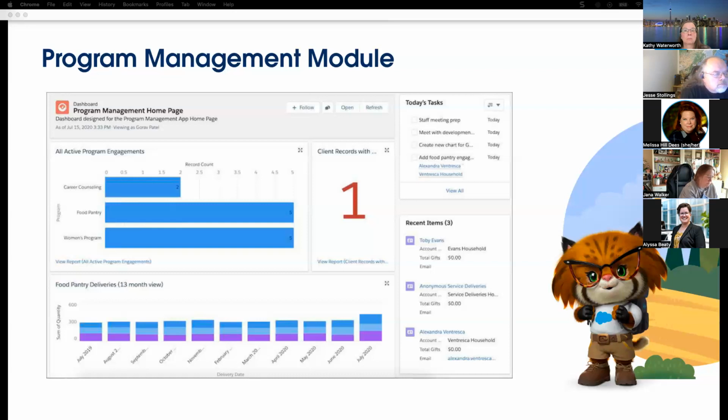Once it's been configured, it's relatively simple to define the nonprofit's programs and services, add clients to those areas, and then report on the metrics with the pre-built reports that are included in the program management module. What I'm showing you here is just an example of one of the dashboards that we built out in a program management module use case that we were using. Then the next slide